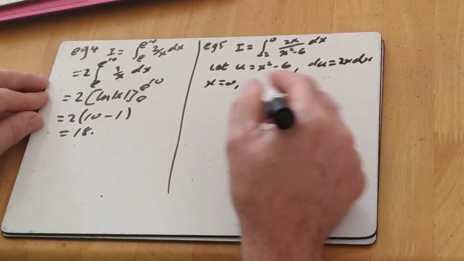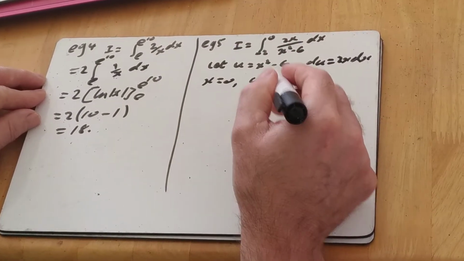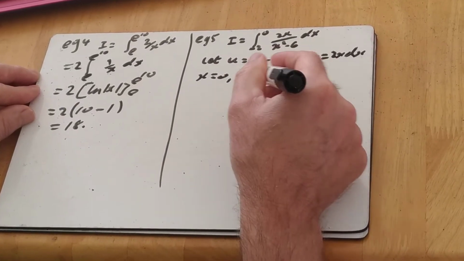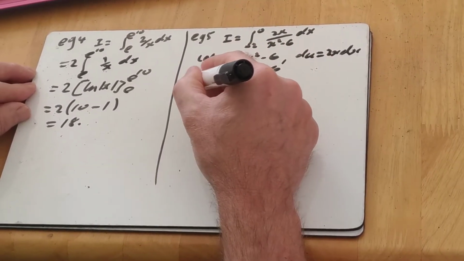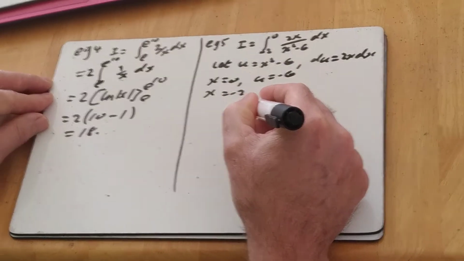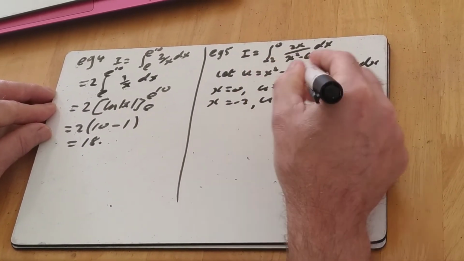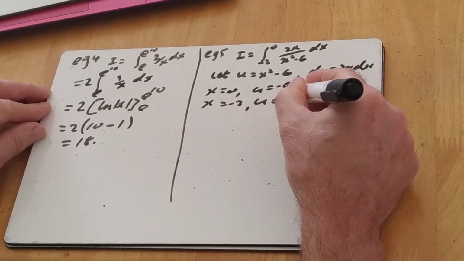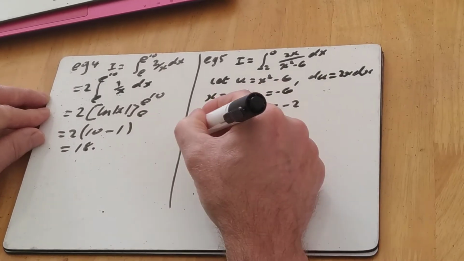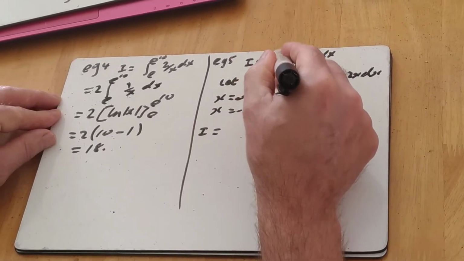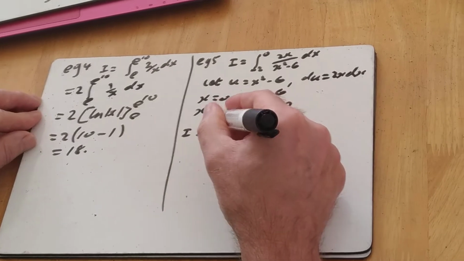What I don't have to do if I do this, you see, is substitute back to get everything in terms of x at the end. I can just put these limits in and I'm good to go. x equals minus 2, u equals 4 minus 6, which is still minus 2. So my integral becomes, because remember that's x from minus 2 to x is 0, becomes